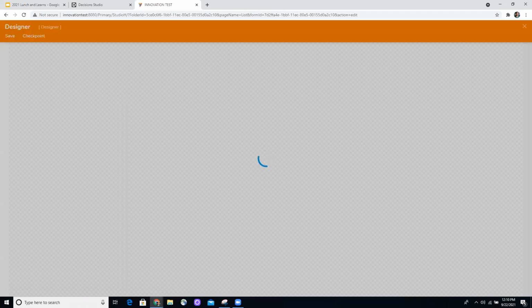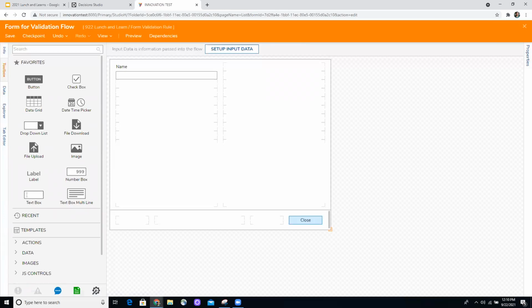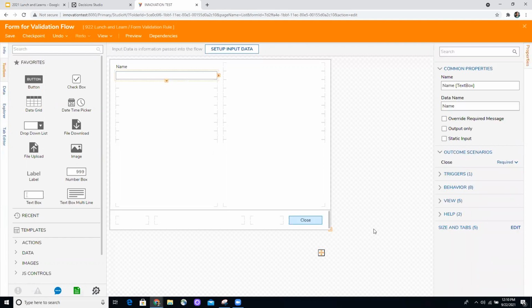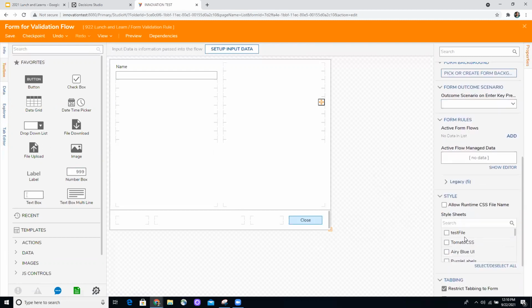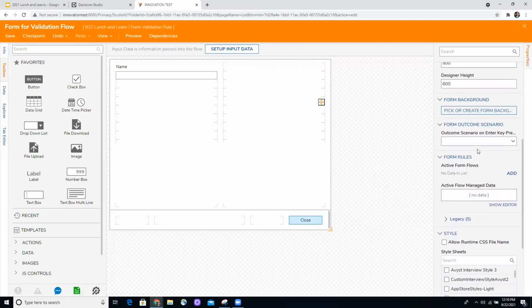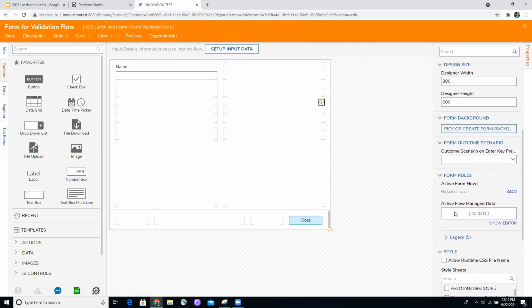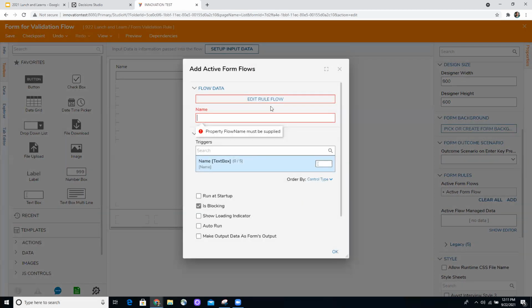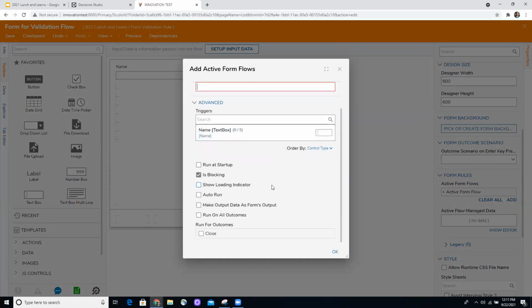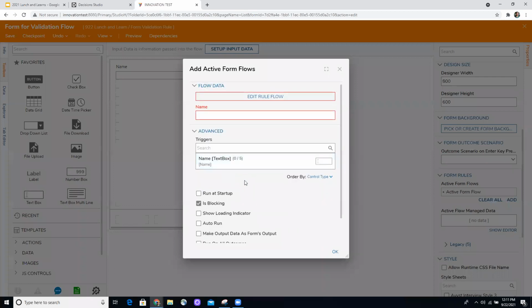So validation flow. So now I'm just going to walk through the documentation just as you did. So here you have that form, you have the field on here, and so you want to validate this. So I am going to create my validation flow. So I'm not too familiar with version 7, so I'm going to need a little bit of assistance here.